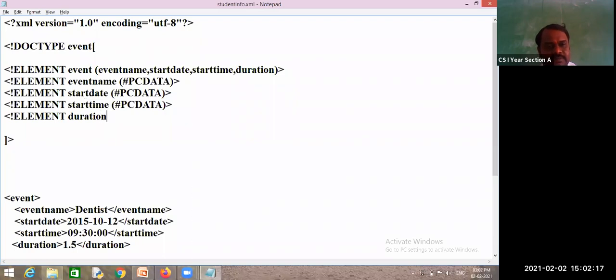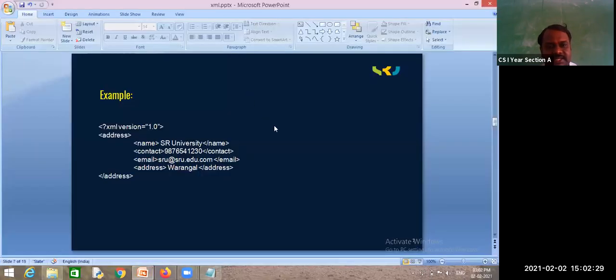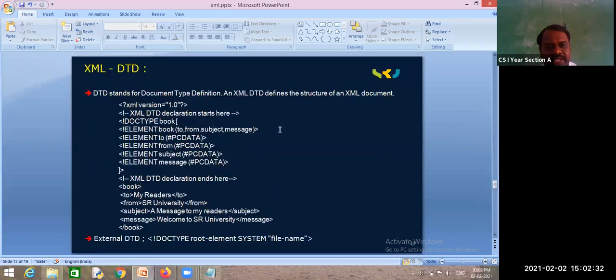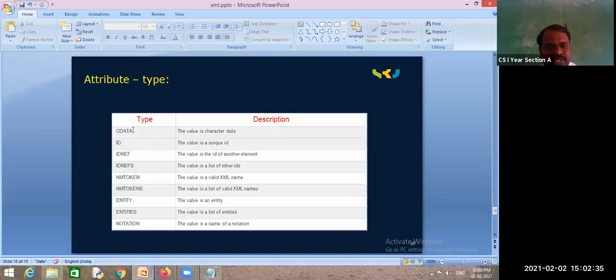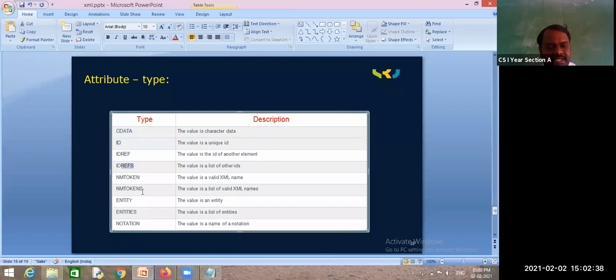Parsed character data, which conveys we need to write the data itself only. We have some more things: PC data, ID reference. We have these all, but I will tell you the basic things. We have to learn all this: C data, ID reference, ID references. This all I will tell you later, but as a beginner level, I will tell you this first one. Is it clear? This PC data conveys direct parsed character data we need to write. Means if you require some text, then that text you need to write here.